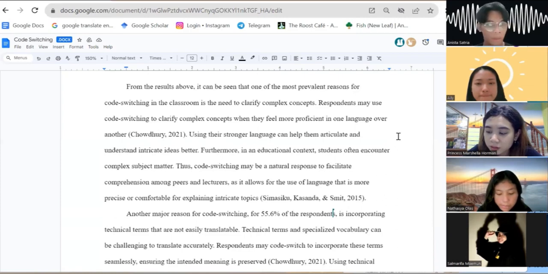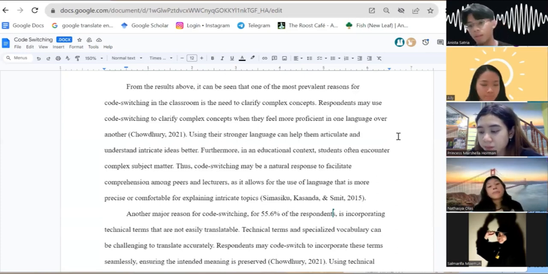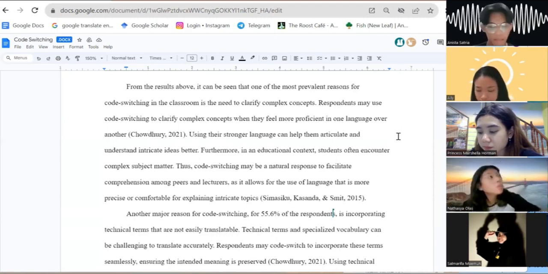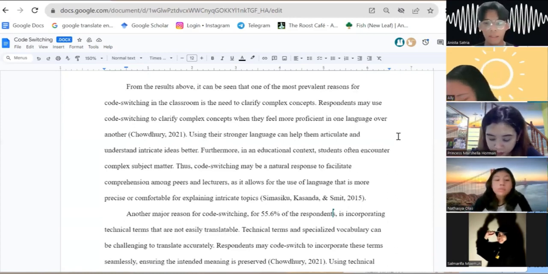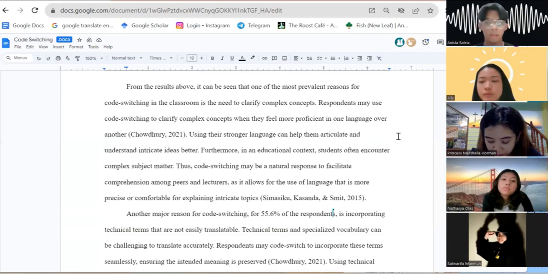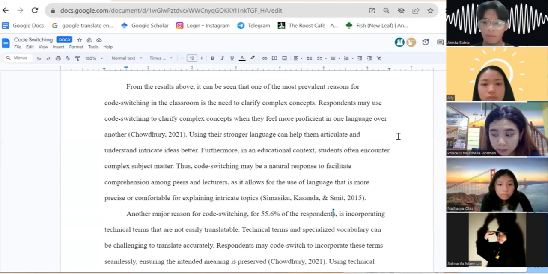It is clarifying complex concepts, with a whopping 68.9% of respondents admitting to code switching to explain complex concepts. So often individuals use their stronger language or their first language to better express and understand complicated ideas. And additionally, students at Sampoerna University frequently encounter challenging topic matter in educational settings. Since it allows for the use of language that is more precise or comfortable while describing complex issues or concepts, code switching becomes their habitual response to help their comprehension among their peers or friends